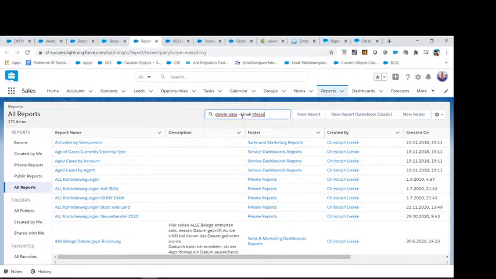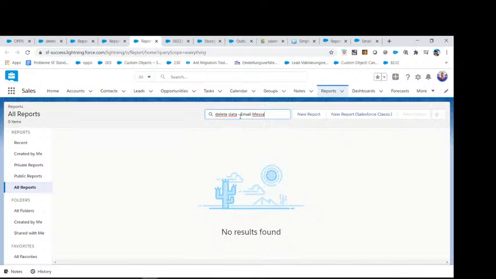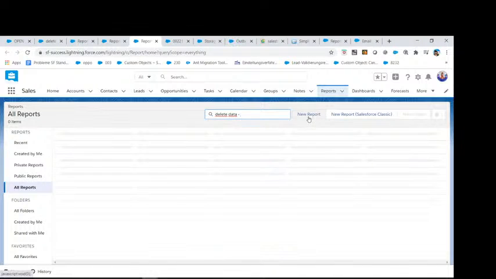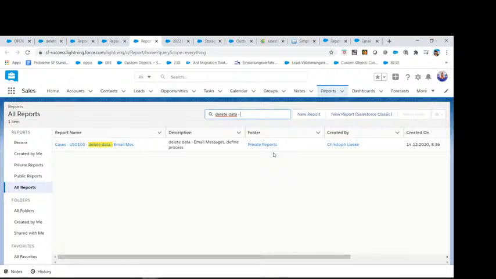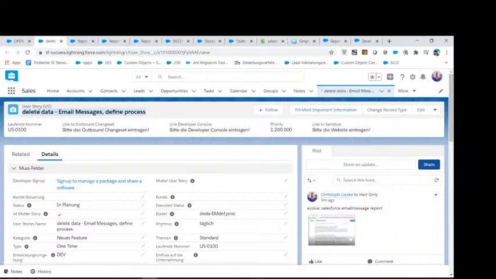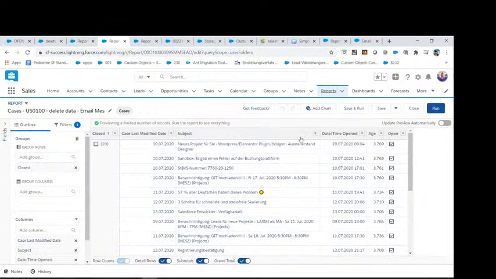Then we can just go to all reports and define it like this. As you can see, we are not seeing this, but we can just delete data and then we can find it via the name for sure.